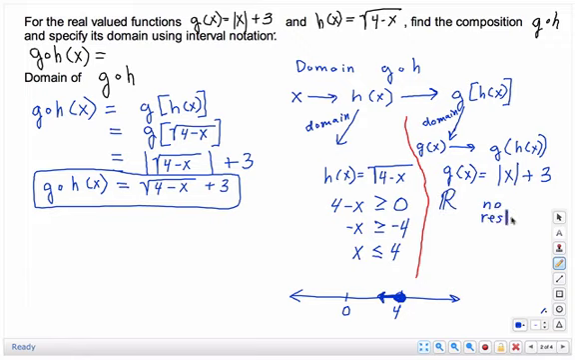Once you get to that no restriction part, we don't need to go on to the second step here to find g of h of x. Okay? So this problem is done. The only other thing we need to do is put it in interval notation. Now, interval notation is basically